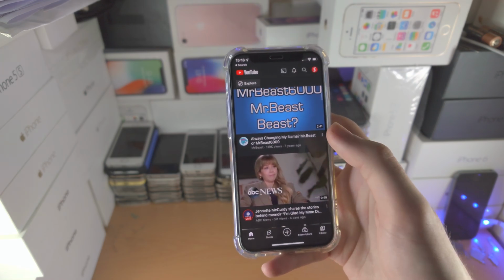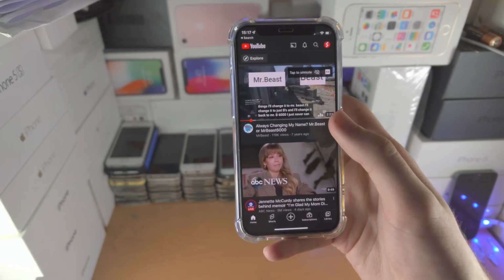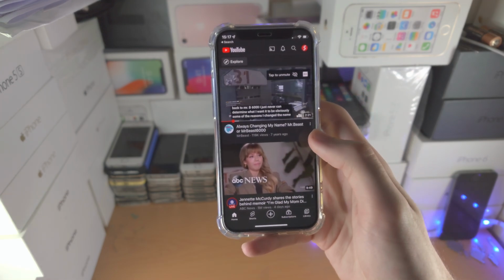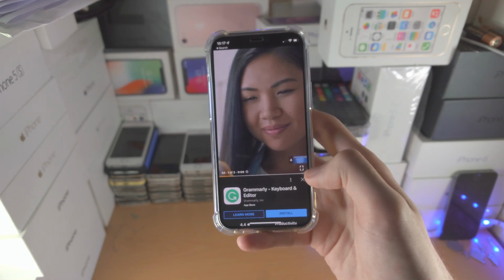Are you going to lock the screen so that you cannot exit the YouTube app, or are you going to lock the screen so you can't touch the screen, okay, so the touch won't work? Because if you're going to lock the screen so the touch won't work, then what that means is you have